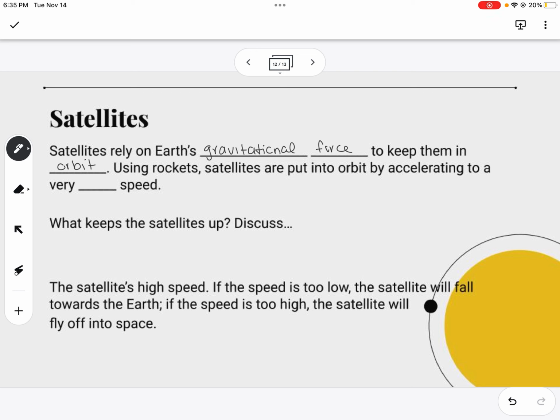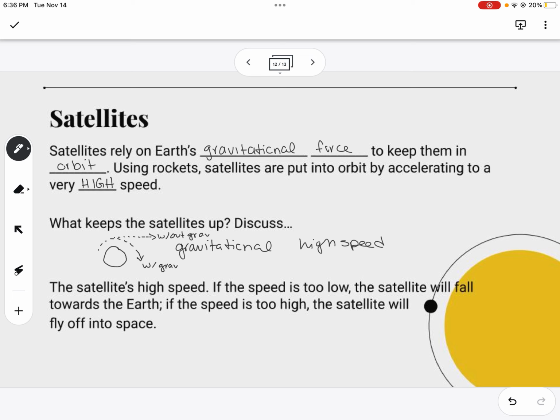is they're held in orbit by gravity, by gravitational force, but then they also need a very high speed or high velocity. Okay, so up here, very high speed. If you visualize this, here's the Earth. This would be our orbit. If Earth's gravity wasn't playing a role, it would just keep going on. The satellite would go forever and ever. So this is without gravity. With gravity, you're going to follow